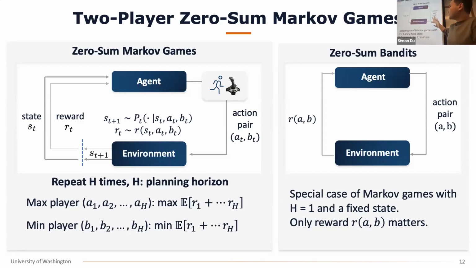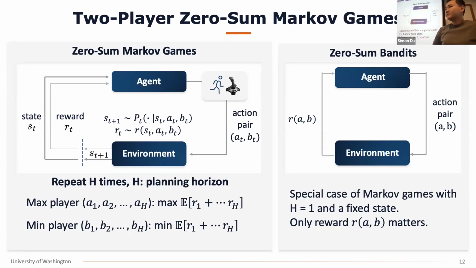So the reward is not known to both players, so you need to learn it. And they are competing against each other, right? This reward depends on both players' actions, so you cannot simply take the payoff. I choose an action, you choose an action, and then we see the reward. So you cannot really collaborate. It's like competing against each other.